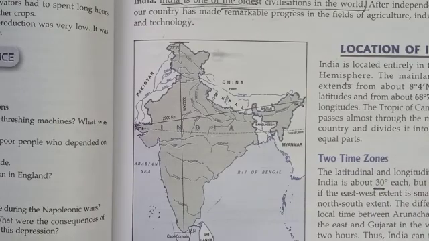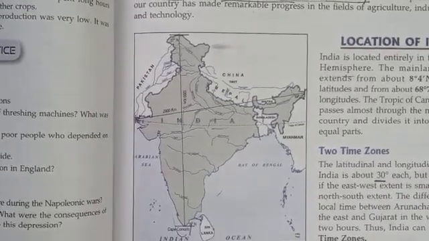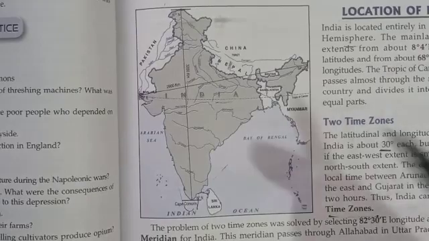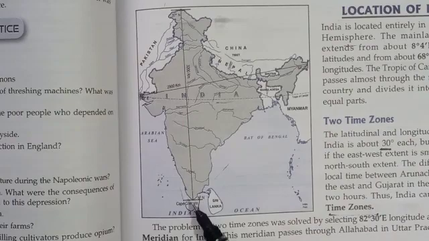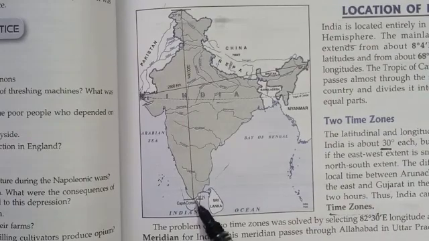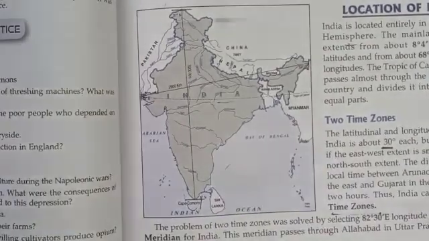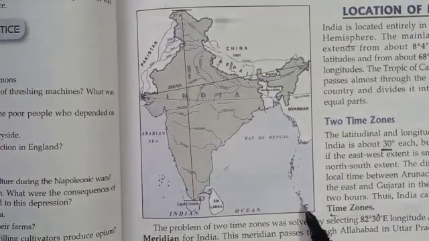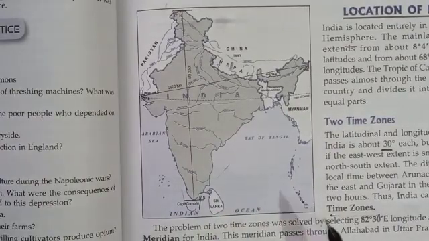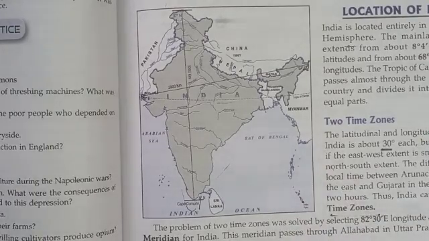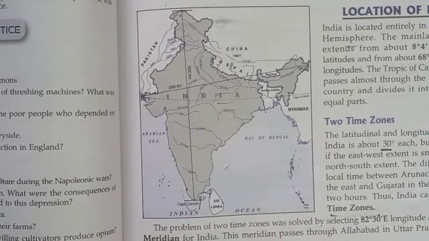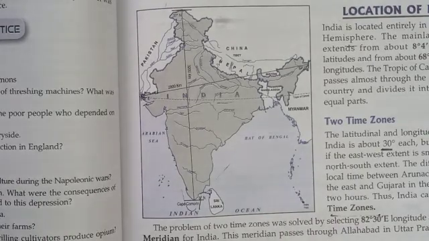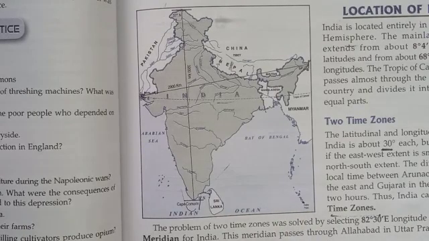The next important thing is that this is the mainland of India, and the southernmost point of the mainland is Kanyakumari, or Cape Comorin. But for the whole country, it is Indira Point in the Nicobar Islands. It is in the south always. Indira Point is located at about 6 degrees 45 minutes north latitude. So this is the southernmost point for the whole country.